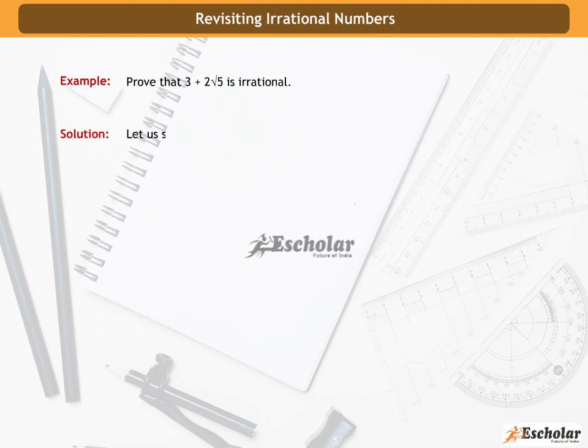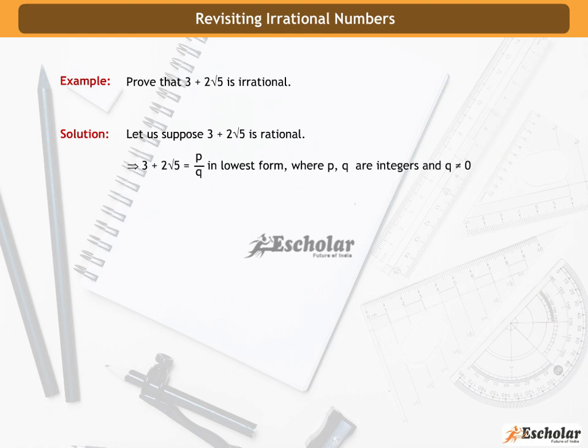Solution. Let us suppose 3 plus 2 root 5 is rational. It implies 3 plus 2 root 5 is equal to p by q in lowest form, where p and q are integers and q is not equal to 0. So it implies 2 root 5 is equal to p by q minus 3, or 2 root 5 is equal to p minus 3q by q, or root 5 is equal to p minus 3q by 2q, where p and